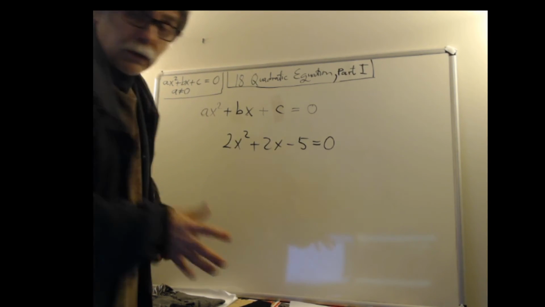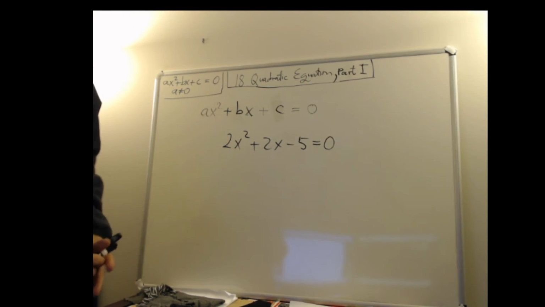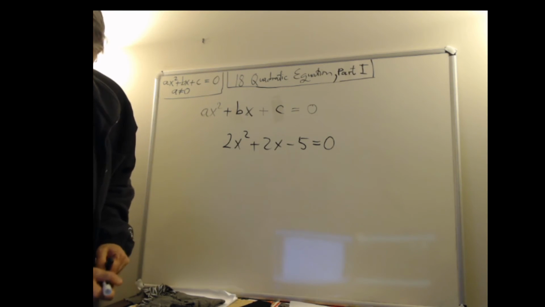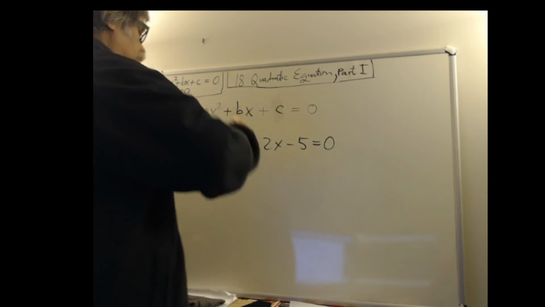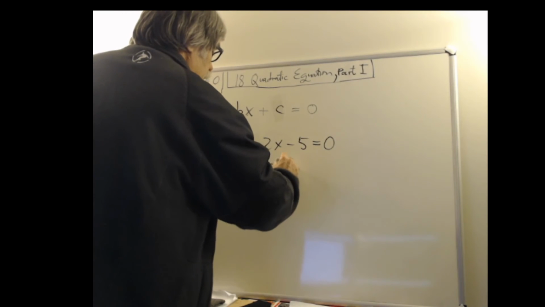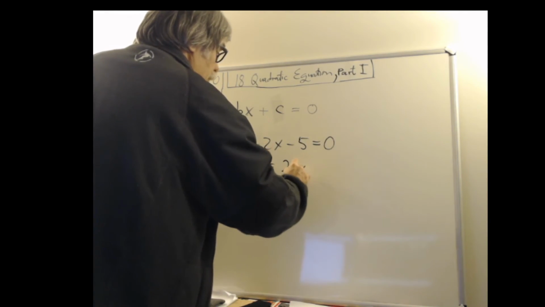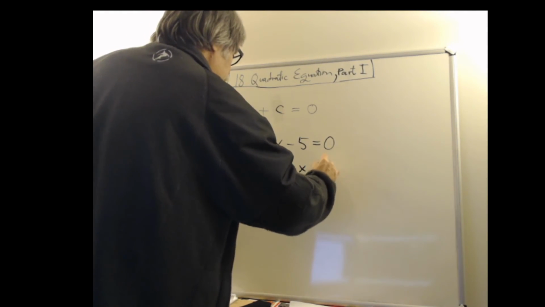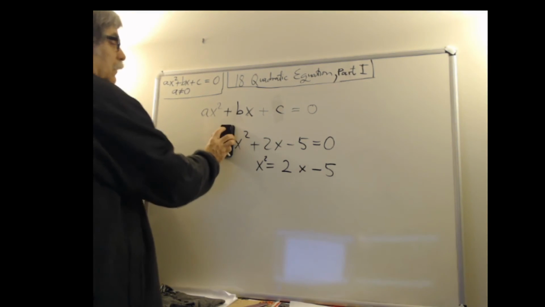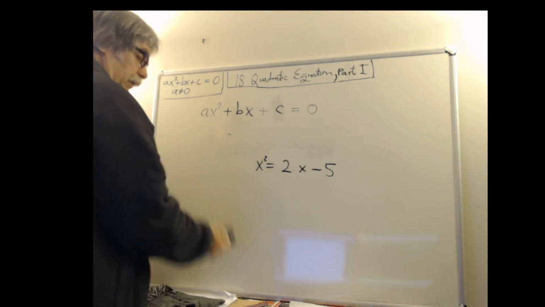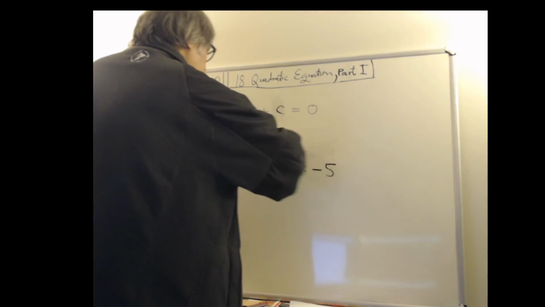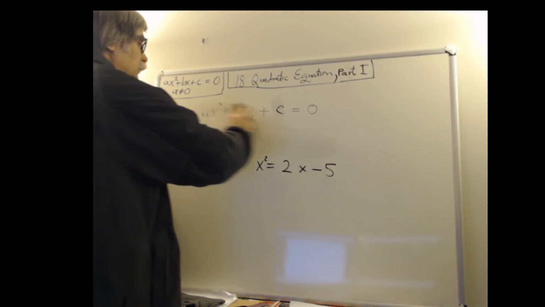It might be a little bit different. So, for example, I could have something like x squared equals 2x minus 5. This is not written in the format of a quadratic equation,